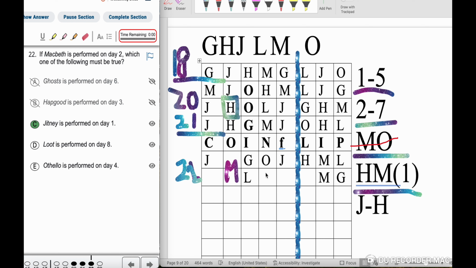Let's make sure this is within the conditions. J, 1, 5, 2, 7, M, O, and then you're going to have J before H, and H and M have to be next to each other. Okay, so let's see if J could be in 1, that's allowed. L could be in 8, that is allowed as well. O is going to be in 4, that also is allowed. So with these 3